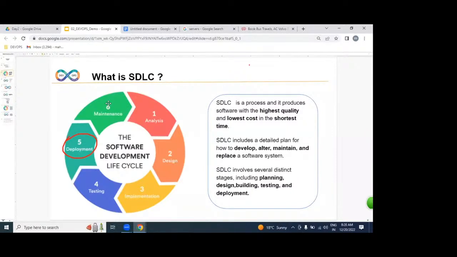This entire process we are calling as what? SDLC. In SDLC, each and every IT employee is involved. Not only the DevOps engineer. It is the AWS admin, Linux administrator, developers, testers. We are all together as a team. As a team, we are producing a website.